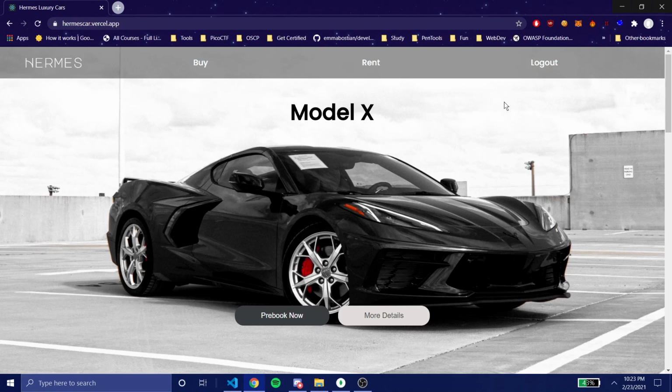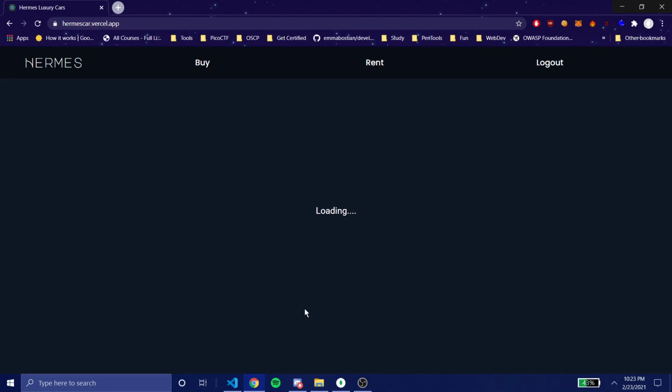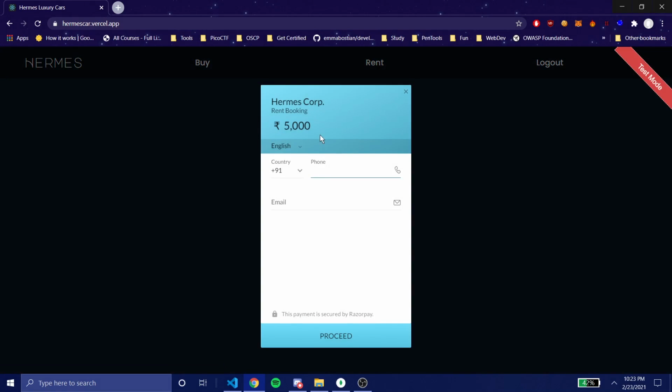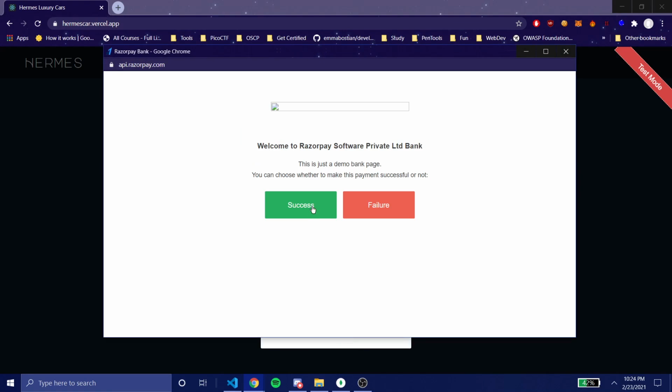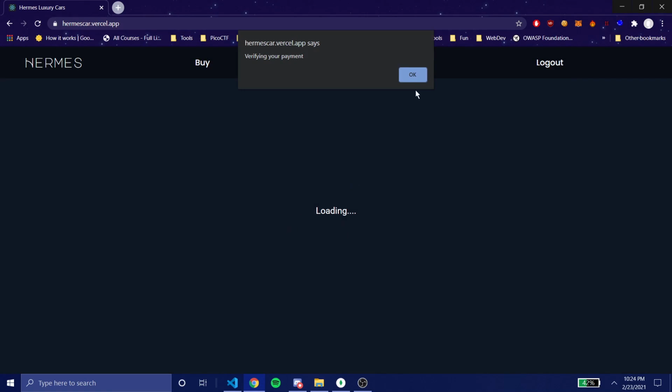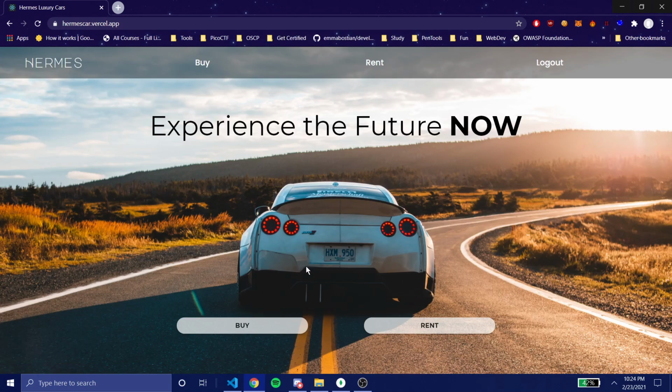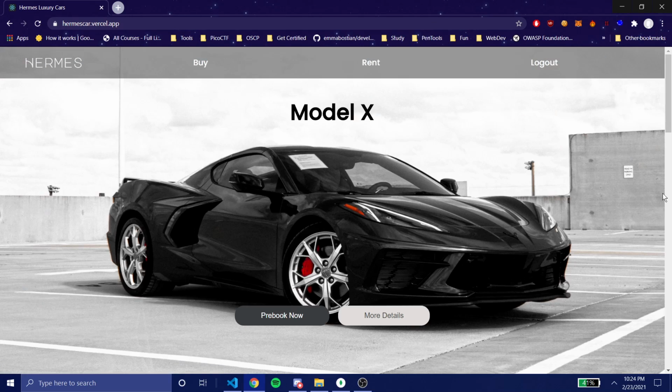And similarly, the way you saw the booking for renting, you can even pre-book the vehicle. So a small token of 5,000 rupees, and there you go. Even if there are invalid numbers, it does check. Let's take another net banking session and success. So bingo, your ticket has been booked and the receipt will be sent to your mail soon. That is basically all the pages that we have used.